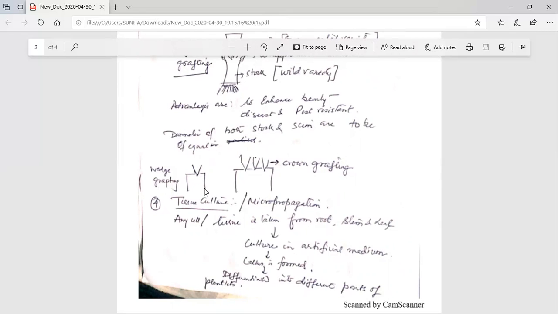So we have discussed asexual methods of reproduction. In the next class we'll discuss sexual reproduction, with the terms which we are going to use in the next two chapters, that is sexual reproduction in plants as well as human reproduction.